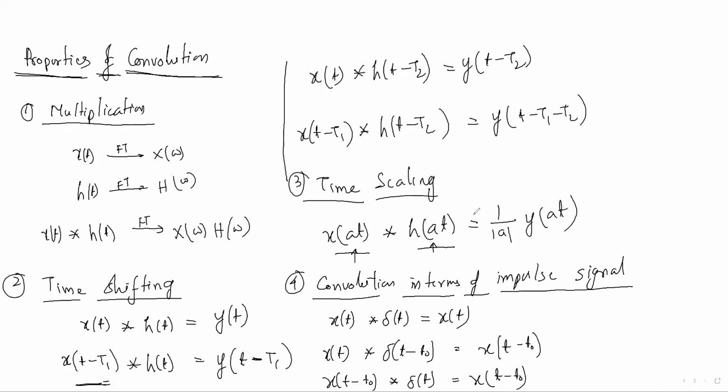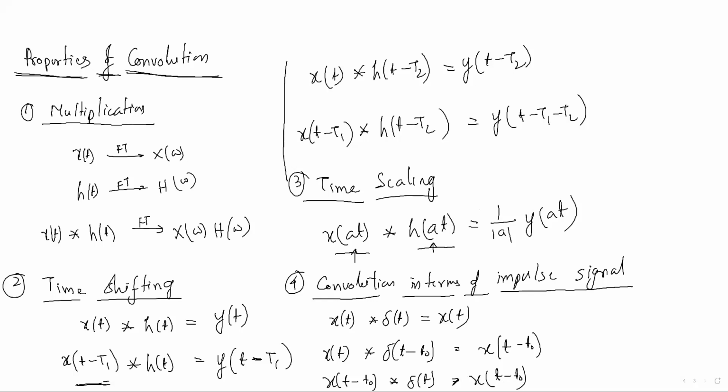I am not getting any other properties where different kinds of scaling versions are there with different equations. There is no such equation. If you get such a term, then you have to go to the normal procedure. Normal procedure means you have to go with the integration formula. Then you can solve that problem.